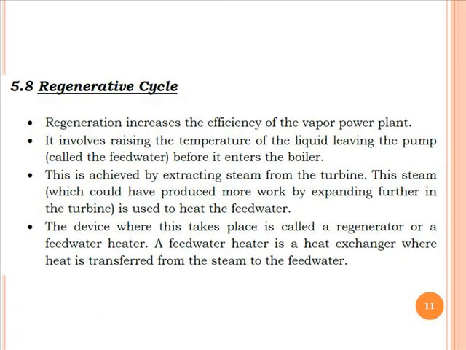Now we have to discuss the next way, that is the regenerative cycle, and because of regeneration, what is the effect on Rankine cycle, that we have to discuss. With the help of regeneration, the irreversibility available on the left side of Rankine cycle will be minimized, and because of that, definitely the efficiency of Rankine cycle will be increased. In this case, some amount of steam after partial expansion will be extracted and will directly enter into the feed water heaters. You know that feed water heaters are a kind of heat exchanger, and in detail we will discuss at the end of this chapter.